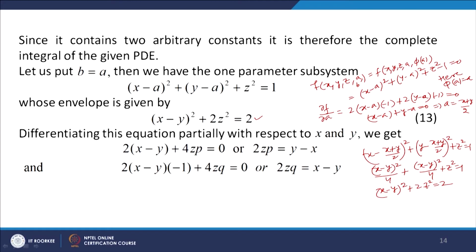So, 2zp equal to y minus x, and when we differentiate this with respect to y, what do we get? 2 times (x minus y) into minus 1 plus 4zq equal to 0. So, what do we get? 2zp equal to y minus x and 2zq equal to x minus y. These two equations we get by differentiating equation number 13 with respect to x and y,